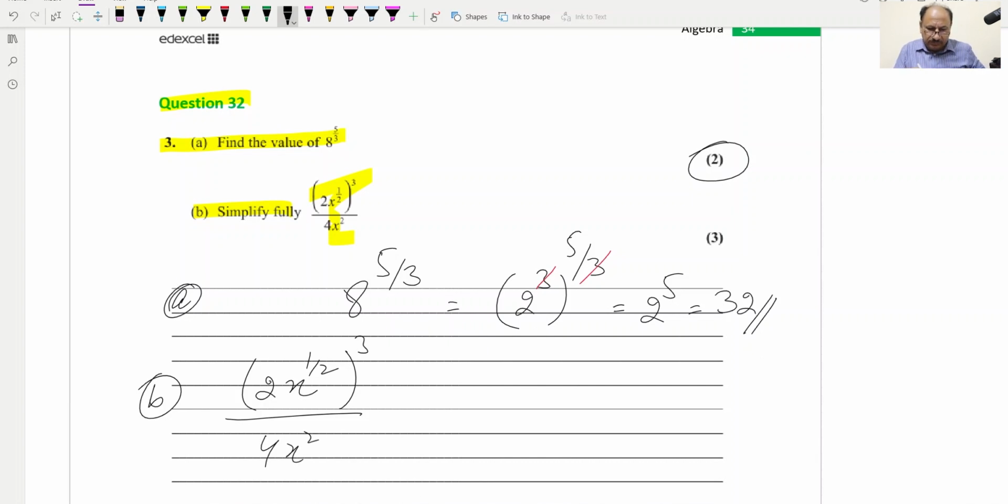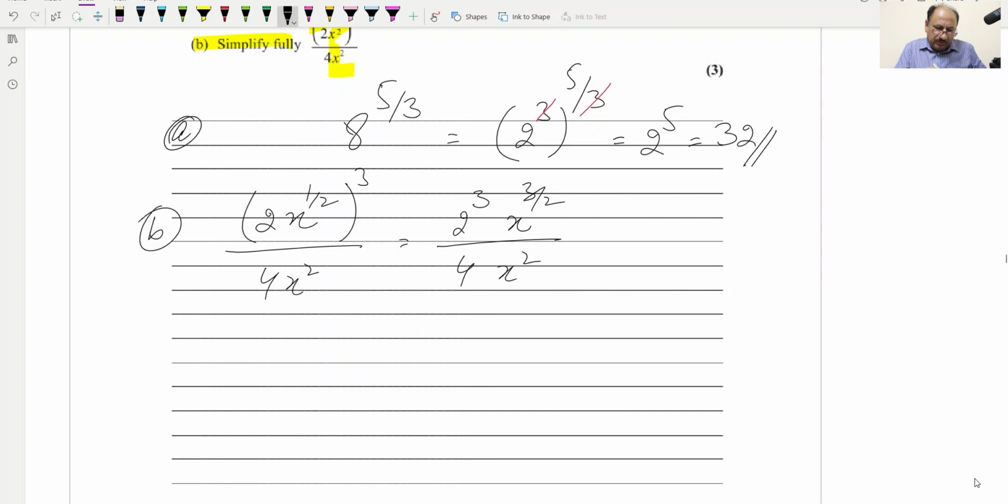So we can take separate powers, 2 raised to the power 3 and x raised to the power 3 by 2, and over will be 4 and x squared. Now we can rewrite it as 2 raised to power 3 will result in 8, x raised to power 3 by 2, over 4 x squared, and 4 ones are 4 and 4 twos are 8,